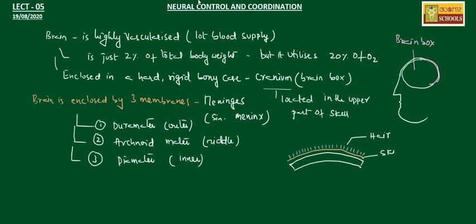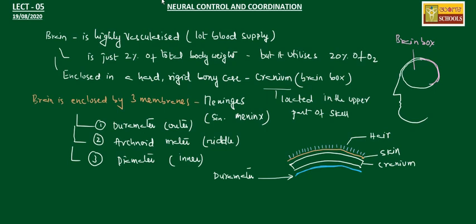Below that is the skin, and this is the cranium. And below this cranium we find the layers, the three membranes. The outermost membrane, I said, is dura mater. So this is dura mater,